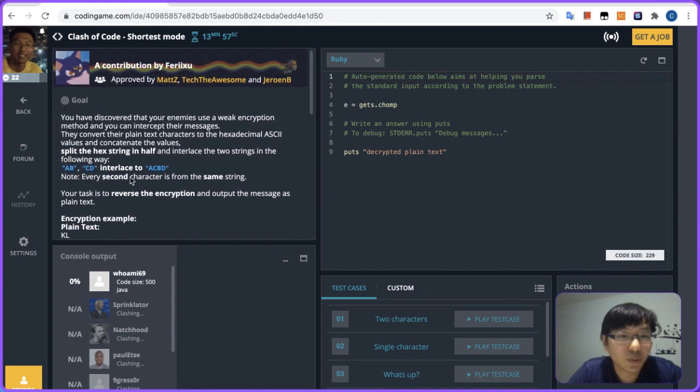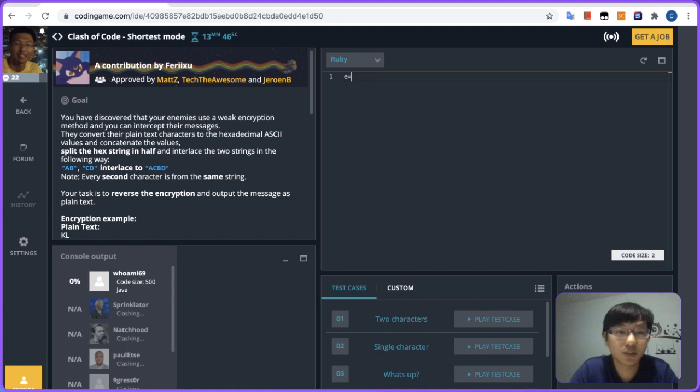Undo the interlacing step. Okay, first thing first, we get s. So maybe we just get s dot,